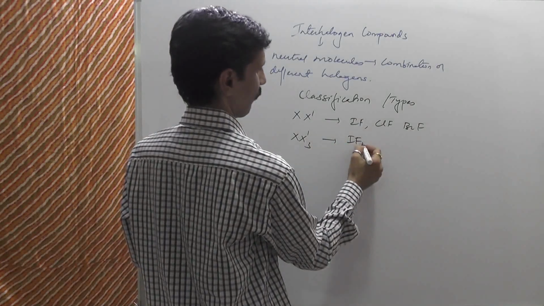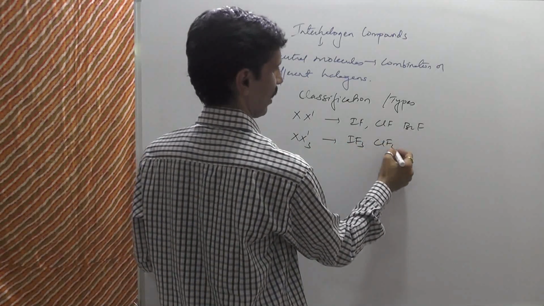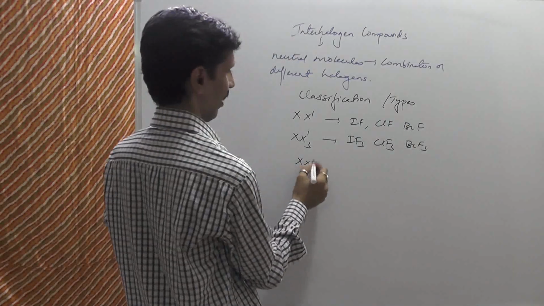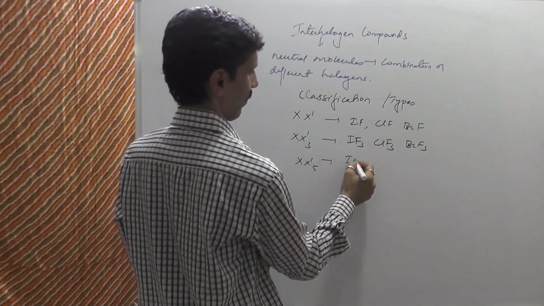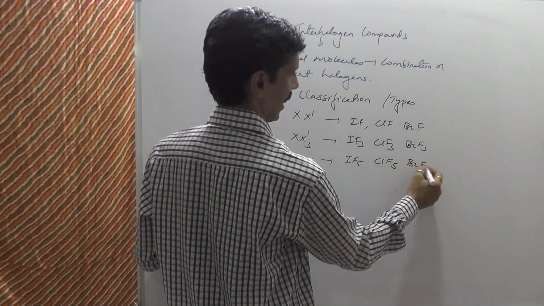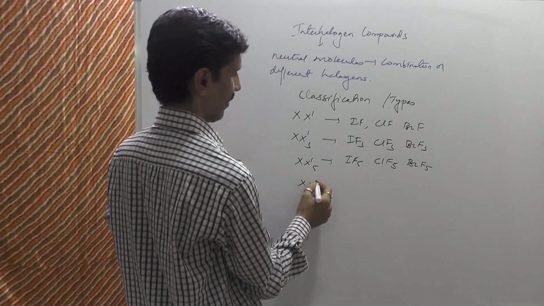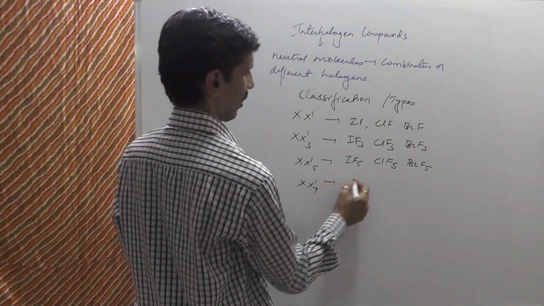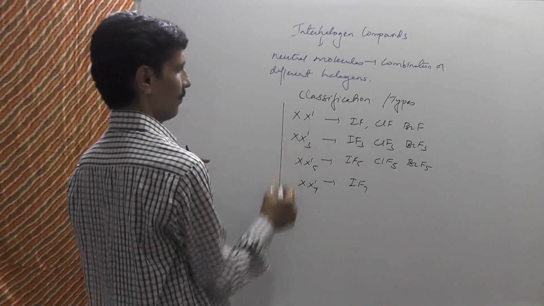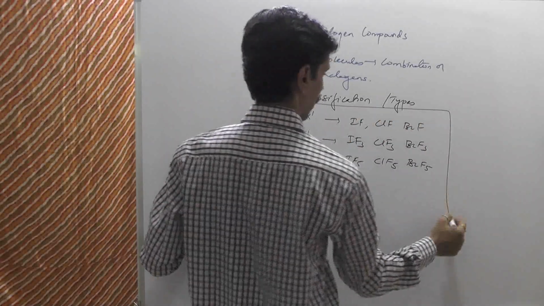We have IF3, CLF3, BRF3. Next we have XX-5. So we have IF5 and CLF5 and BRF5. And next we have XX-7. One example over here is IF7. So these are the classification part of these